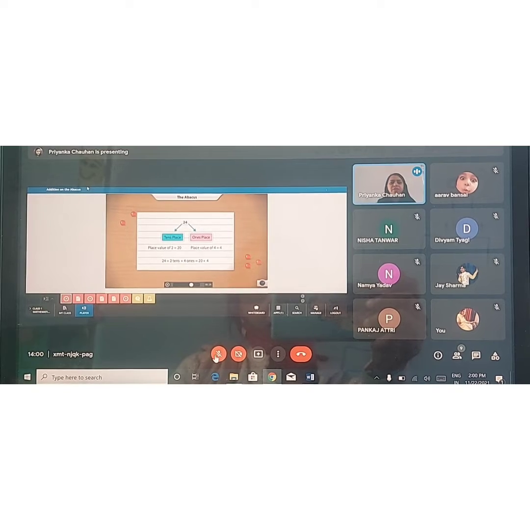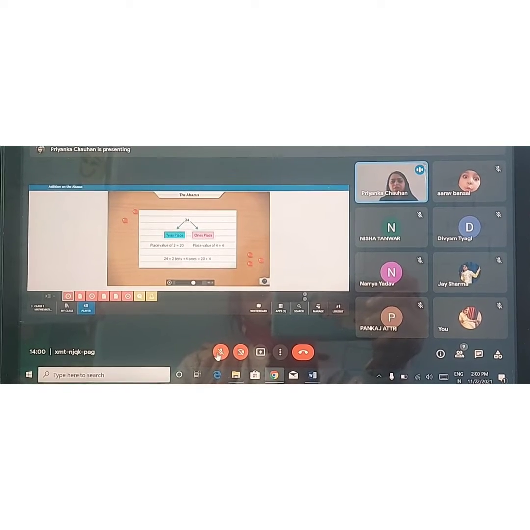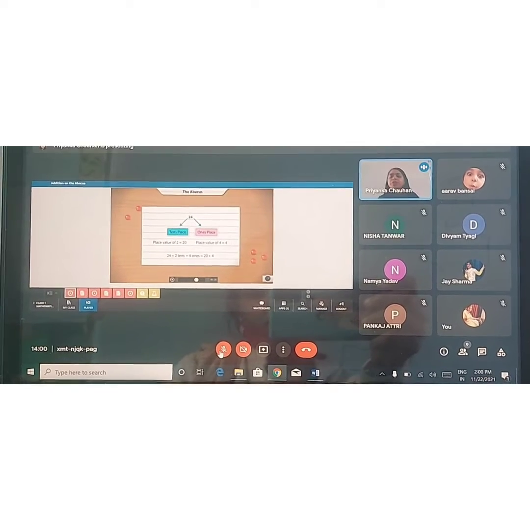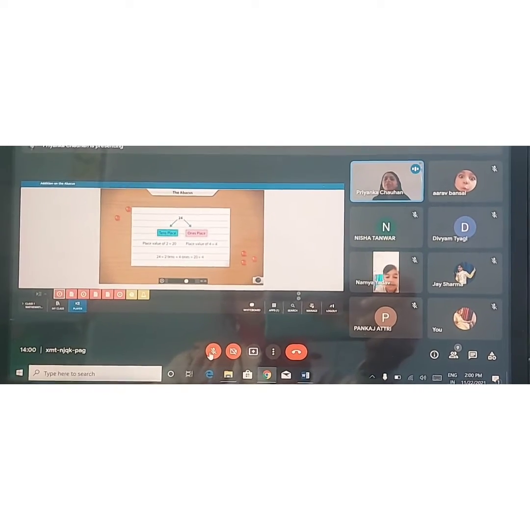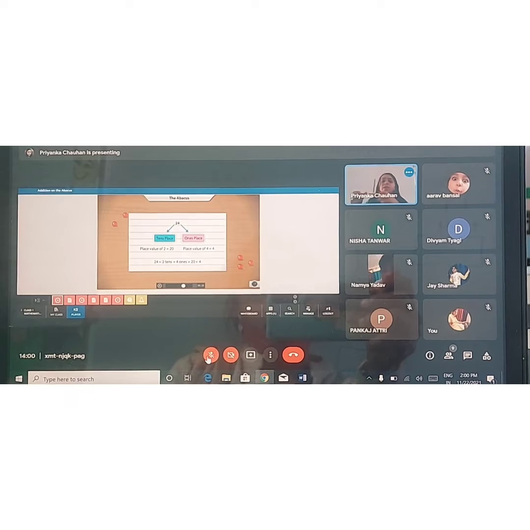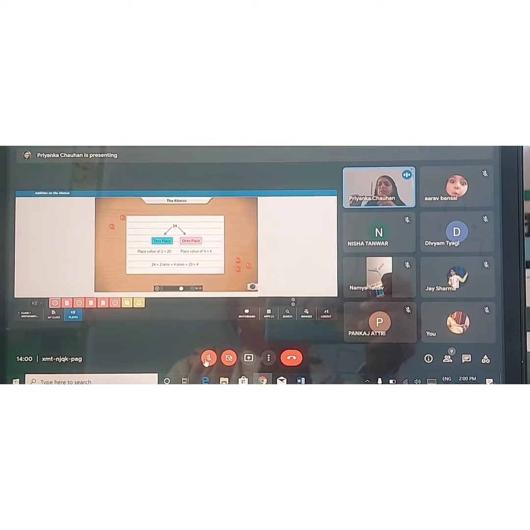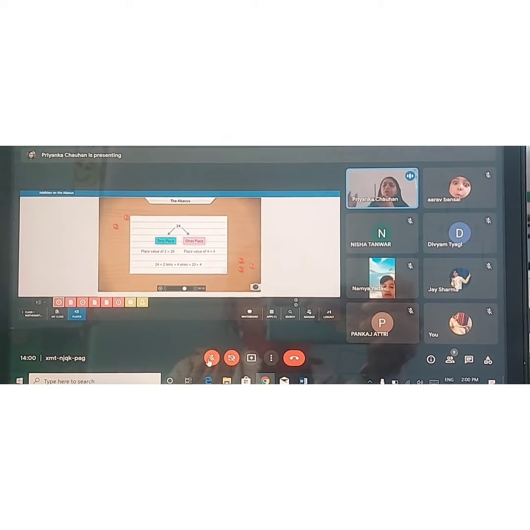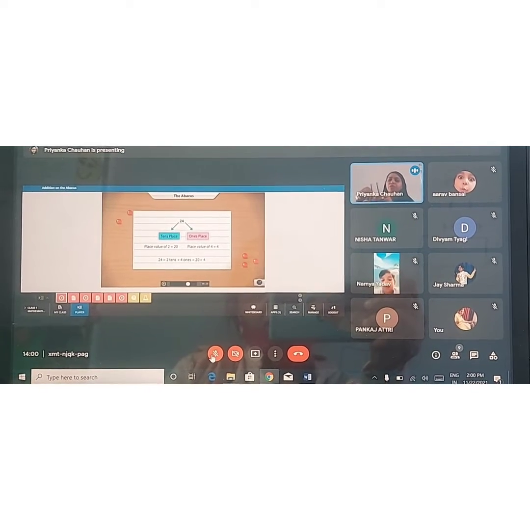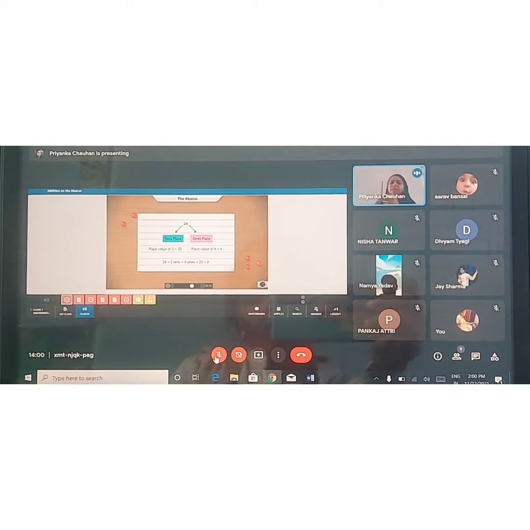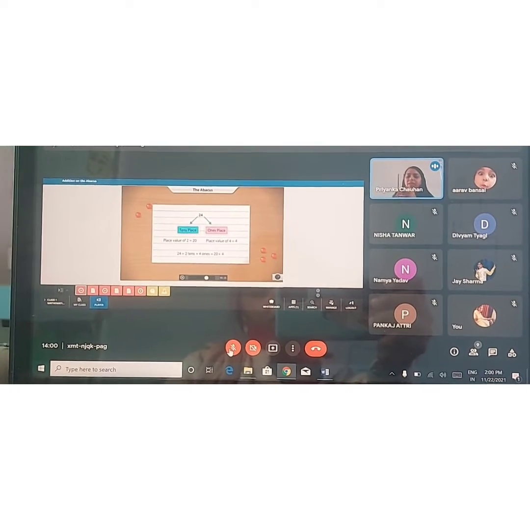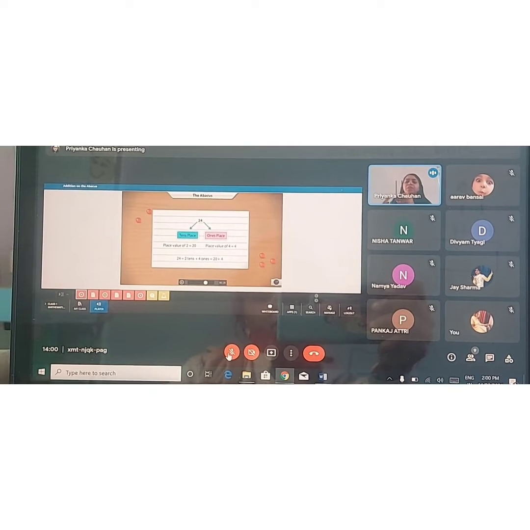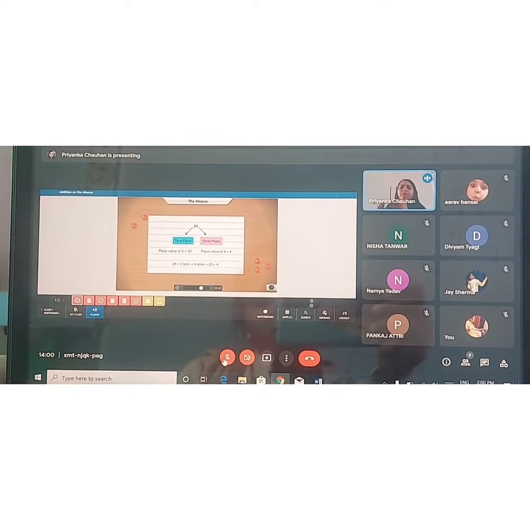Okay, so dear students, I hope you have understood till here. If we want to represent the number 24, then how will we show the number 24 on this abacus? If I want to show the number 24, how many beads will I put on ones place, and how many beads will I put on tens place? Tell me. How many beads?